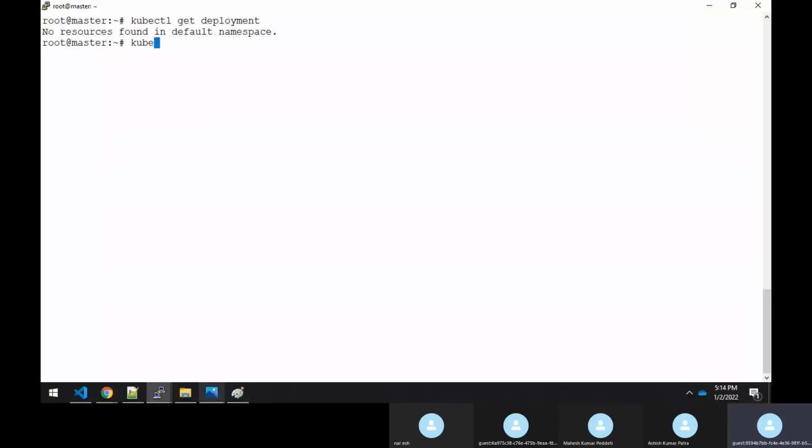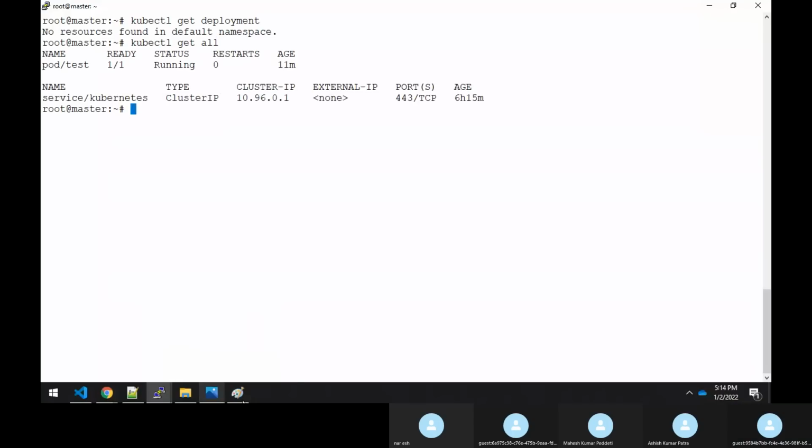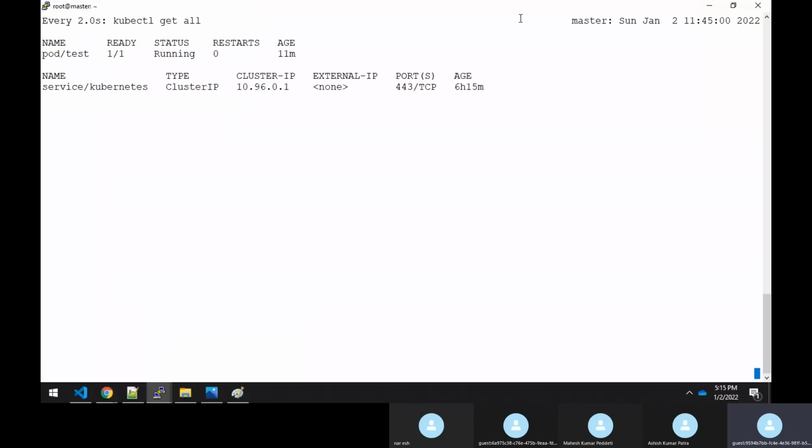Or else if you execute kubectl get all, you can see that there are no deployments running. So I will do a watch on this.